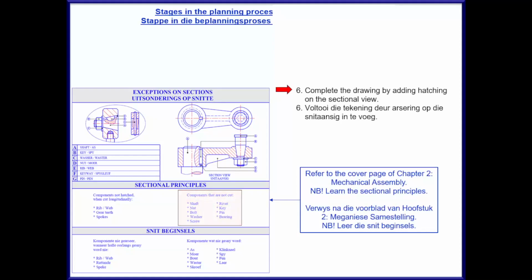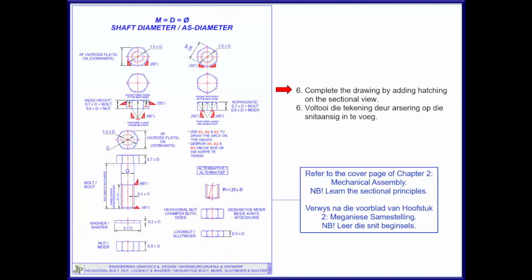These 9 components will not be sectioned because they are unique in their appearance, and we can easily distinguish between a shaft, a nut, a bolt, and a washer. The main reason why we will not section these components is because they have very little to no internal detail that is relevant. For example, if we take a bolt and cut it right in the middle, it will look the same after the section as before the section. Thus, no internal detail to be shown.